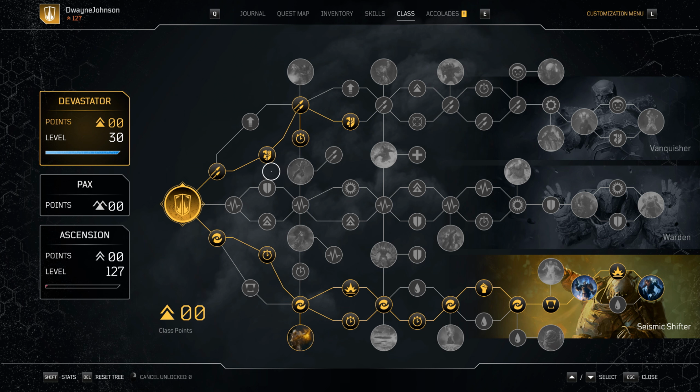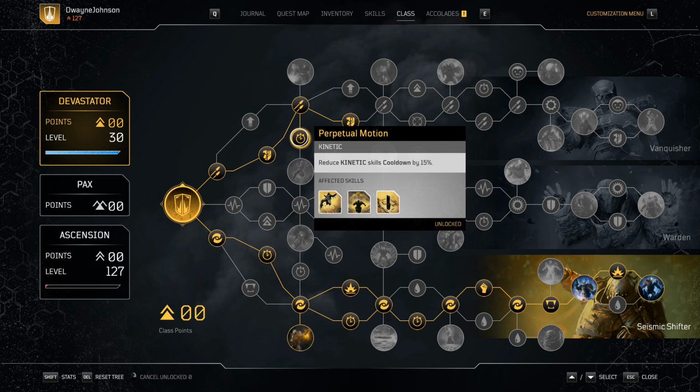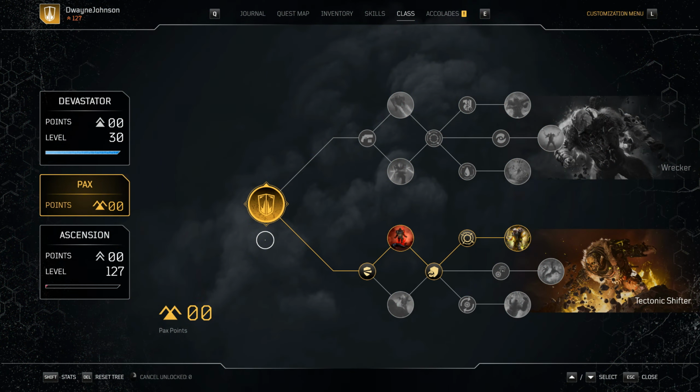We then head top tree for additional armor pen and cooldown. Armor pen will have some value for us when we pair it with no resistance against the fortified armor mod, more on this later. For our PAX Tree, nothing is changed here as we're still going the Tectonic Shifter route